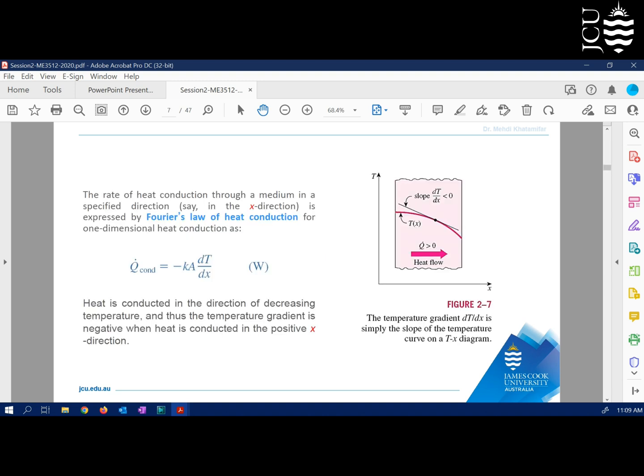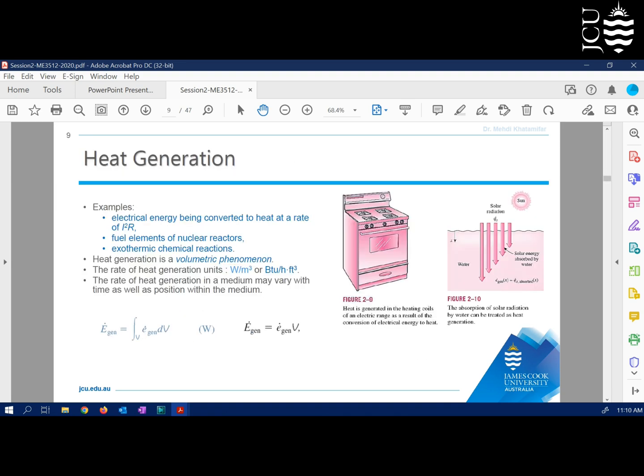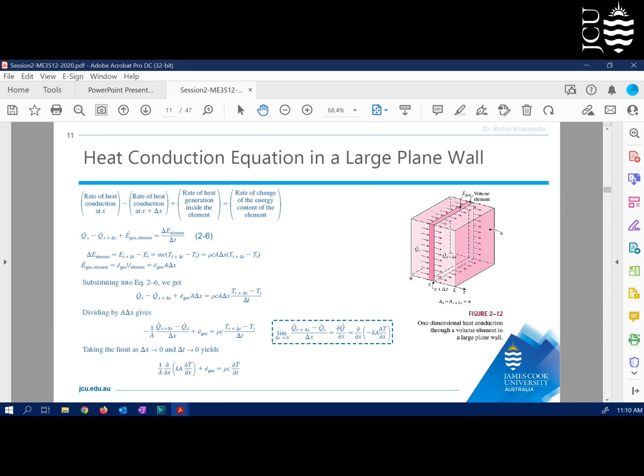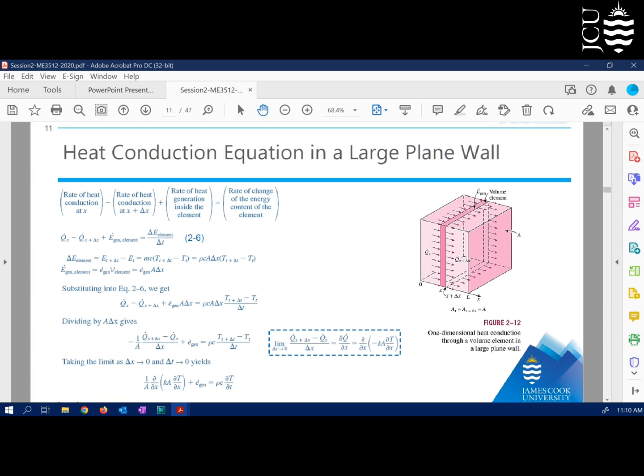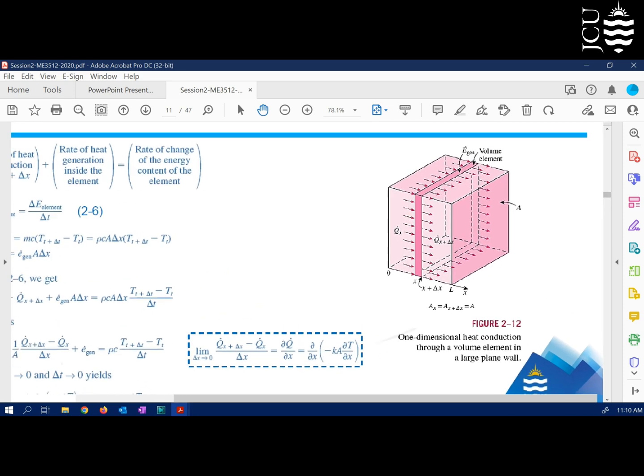And then we talked about the importance of the slope, because everything in heat transfer is about the variation of temperature and how fast this variation happens. That is why the slope, which is the mathematical representation of the temperature gradient, is going to be very important. And we considered temperature and heat transfer rate to be in any direction. And we investigated the first case, when we have heat transfer by conduction inside a wall. And we extracted this formula,